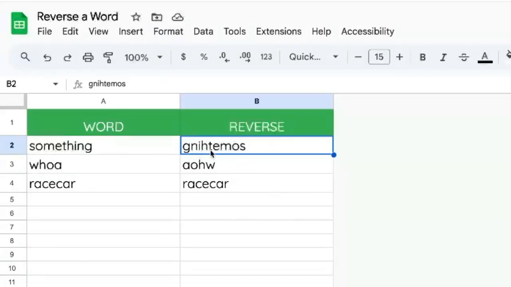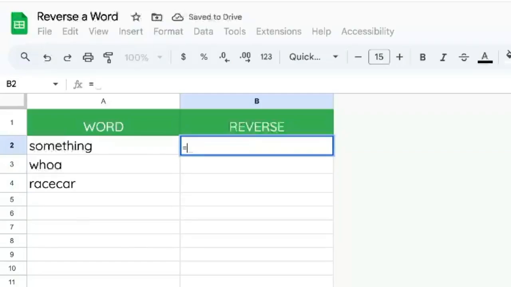Let's reverse a word in Google Sheets. We can, of course, type this out, but we can do this with a formula. So what we need first is to figure out how many letters is in this word, A2,